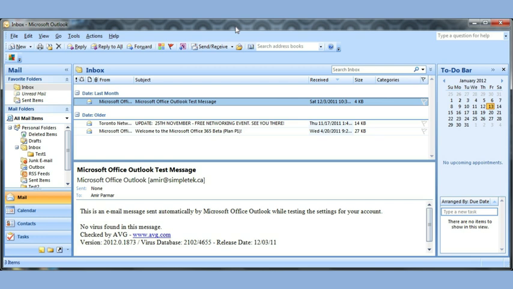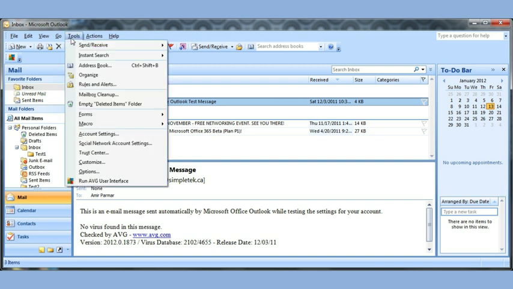I was mentioning earlier that you can actually use Outlook to get all of your email in one place. So if you have a Gmail account, or if you have multiple Gmail accounts and a Hotmail account, you can have all the emails come in one place. And to add new email accounts, or if you made some changes to the email account you already had and wanted to edit it, you go to Tools, Account Settings,